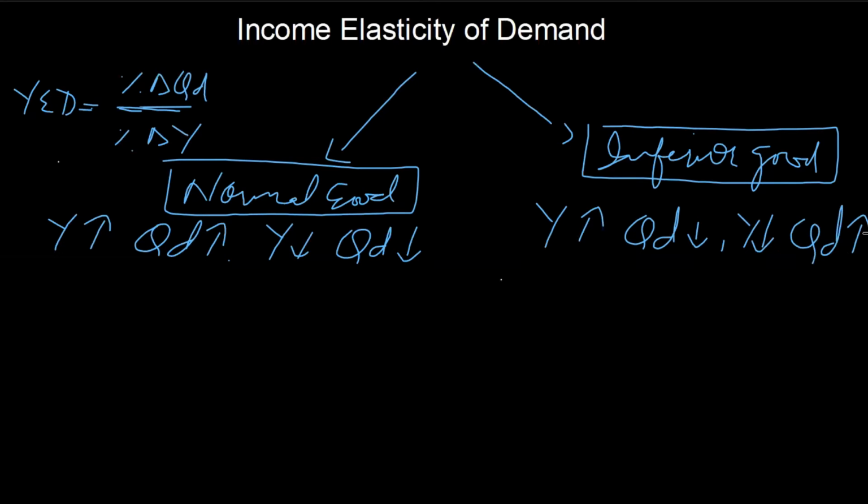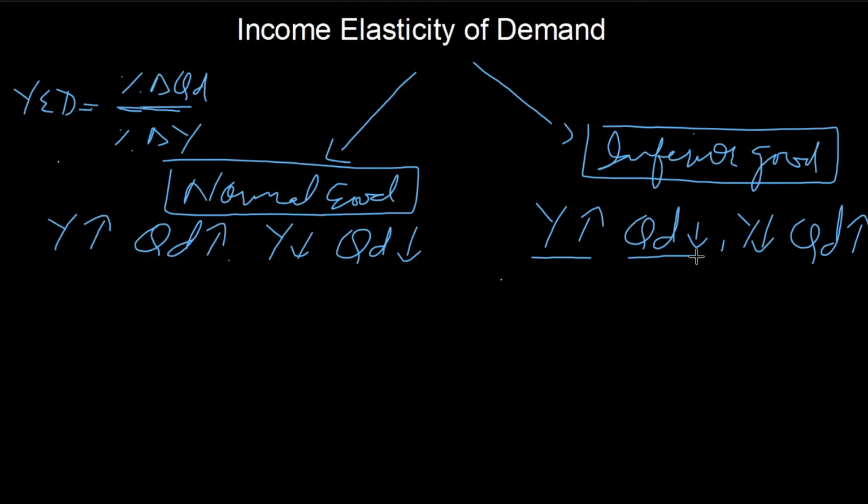Okay, when income increases, why do consumers reduce the quantity demand for inferior goods? Inferior goods are poor quality products and consumers purchase them when their purchasing power is low. And whenever there is a rise in income of the consumer, it increases purchasing power of the consumer, and definitely he will purchase lesser quantity of inferior good and he will switch to some normal or luxurious products.